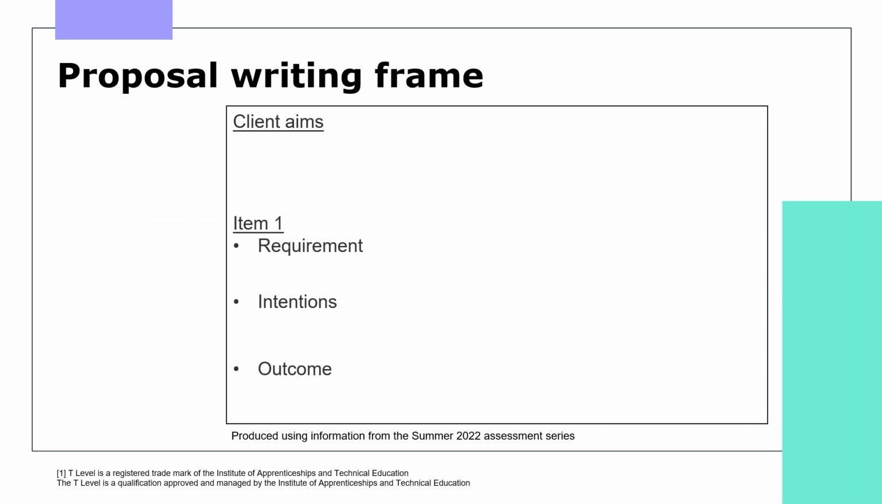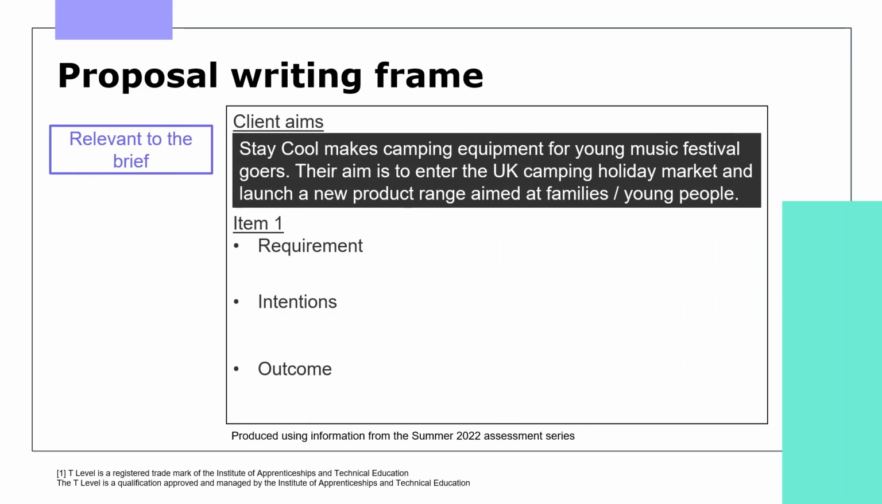And practicing with writing frames is one way to help students prepare for this task, with the inclusion of the needs or aims of the business being a good starting point, as this can act as a reminder and ensure that the information students are producing is relevant to the brief. And on screen is an example using the Summer 2022 series. And this can be very quick for students to do, as they can copy and paste directly from the brief,